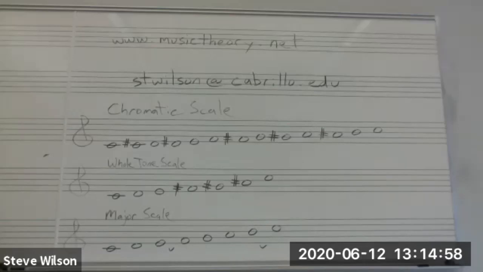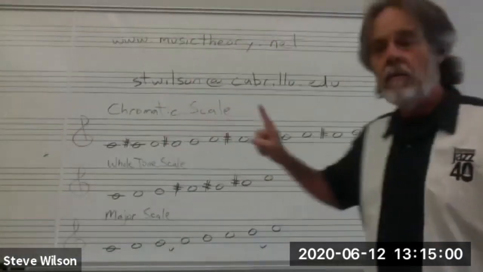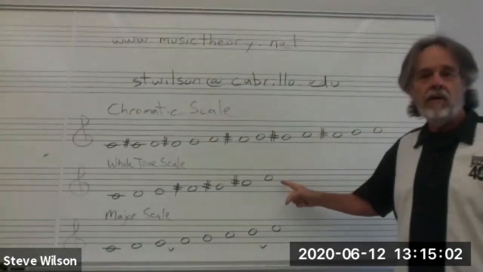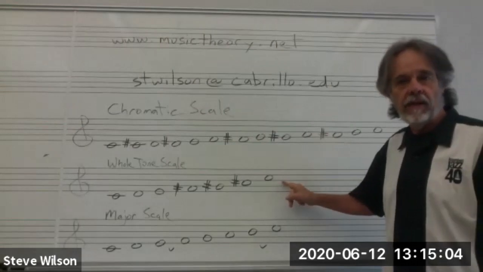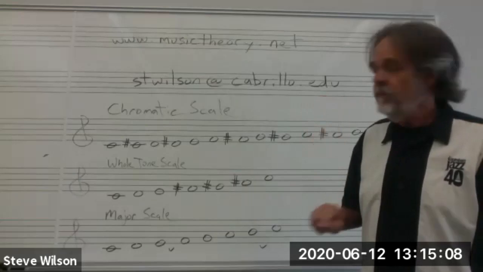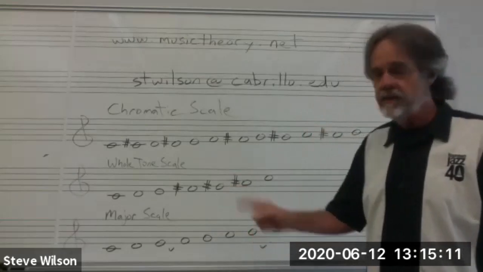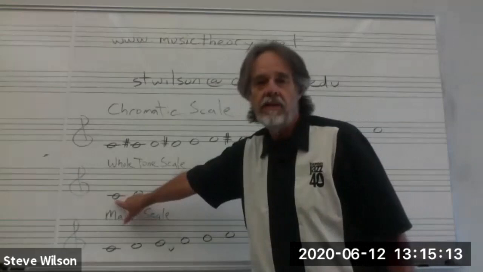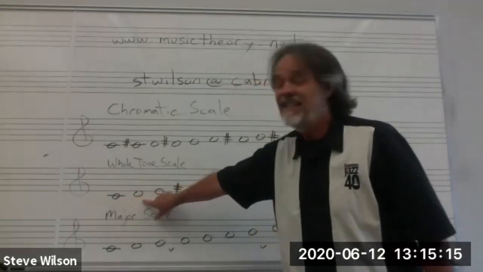Okay, now I said that there's only one chromatic scale. Think about how many whole tone scales there would be. Give yourself a second. If you answered 2, that's correct. There are 2 whole tone scales. Because think about this. The whole tone scale that starts on C is the same as the one that starts